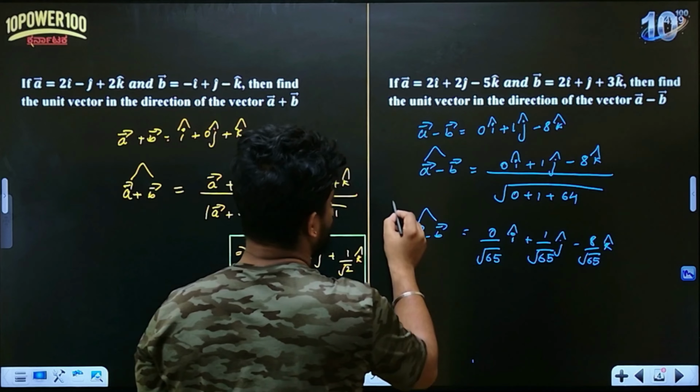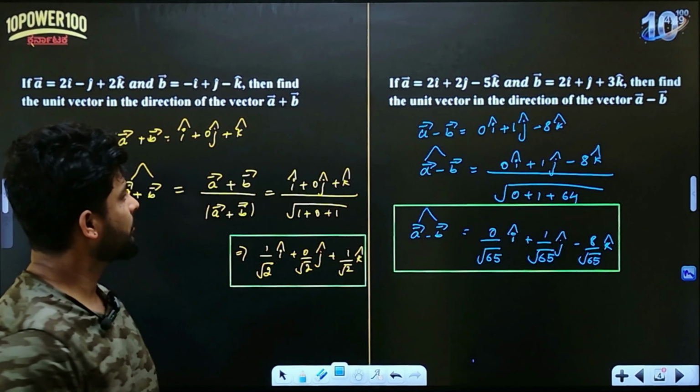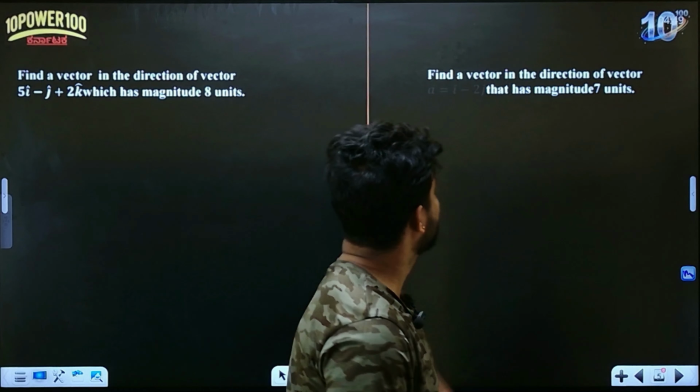So this is more than enough. If you do this much, ಇಷ್ಟು ಮಾಡಿದ್ರೆ ಸಾಕು. ಅರ್ಥ ಆಯ್ತಾ? ಸೊ a minus b and a plus b. Next, okay,